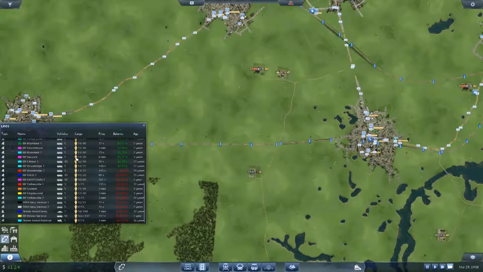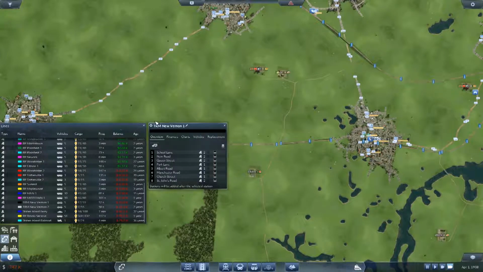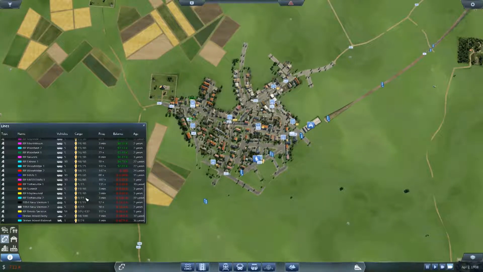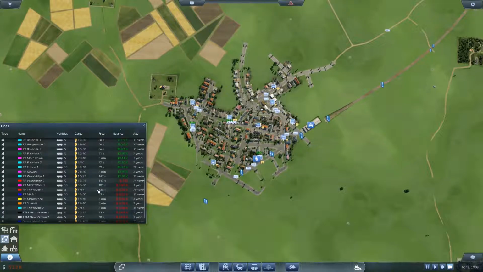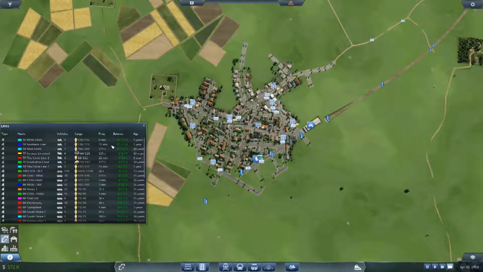Right, anything else losing us a massive amount of money? Staten Island Ferry, that's not surprising. New Vernon tram lines, because we put trams in New Vernon. They're getting there. A lot of the RP lines. RP Tottenville has no passengers. Same with Tottenville 1. Maplewood, Springfield. Again, not surprised. No big losses then, but we do have a big, look at that, 4.5 million, 4.6 million,